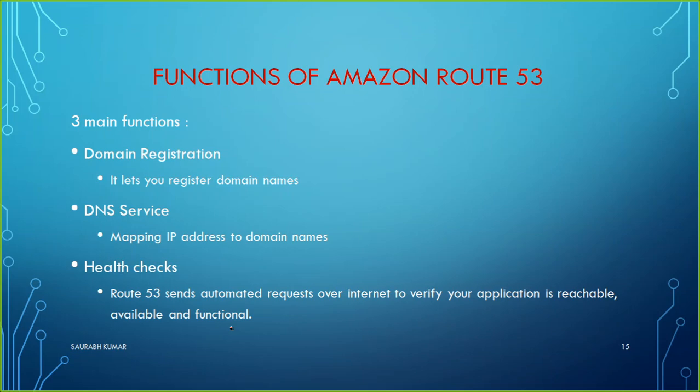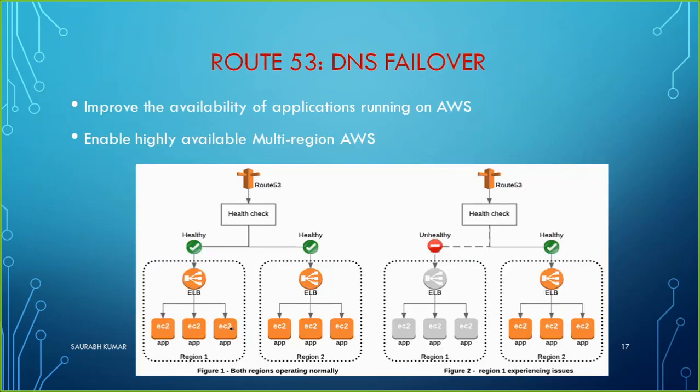Let's try to understand the same thing with the help of this diagram. Here I have DNS failover. If I talk about the first half of it, maybe I have two different regions where I have some EC2 instances running. All those EC2 instances I have added to one ELB, Elastic Load Balancing. This entire ELB has a specific DNS name and an IP address. That address I will add and route to Route 53.